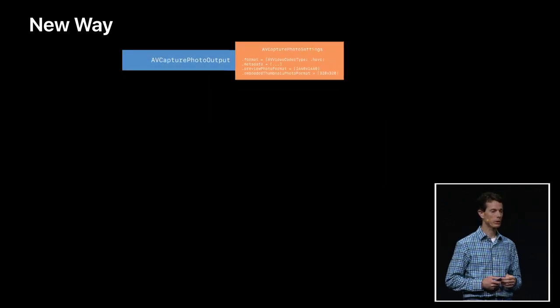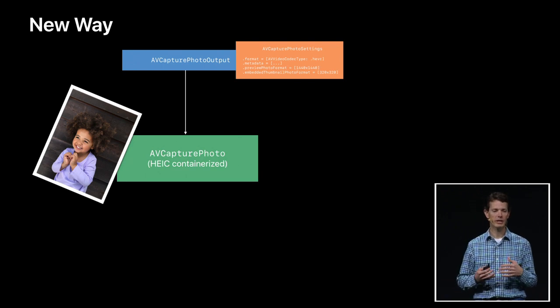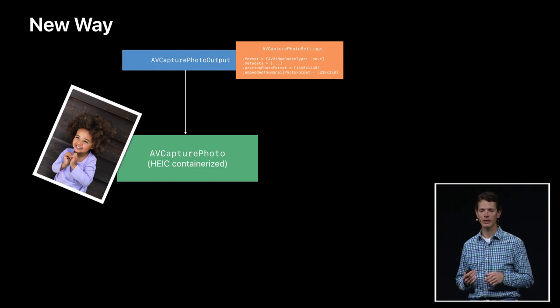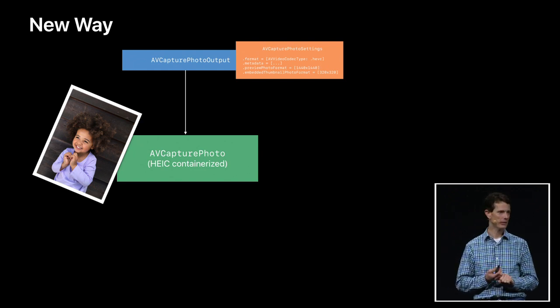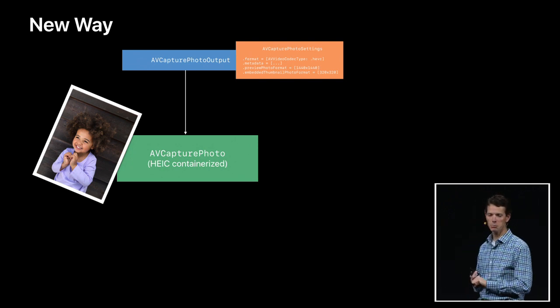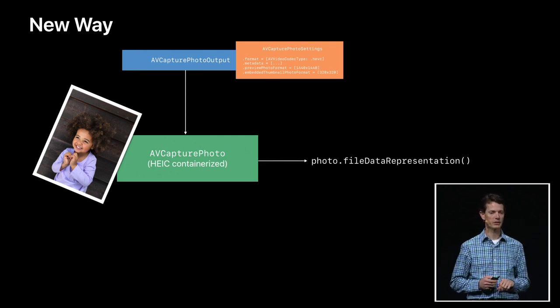You then submit your request to the AV Capture Photo output, and eventually it gives your delegate an AV Capture Photo as its result. This AV Capture Photo is backed by something that's already in a HEIC container. It's already been compressed in tiles. It's already embedded that thumbnail image that you asked it to. It's already put the metadata in the correct place. So the final call that you would do to write it to disk,